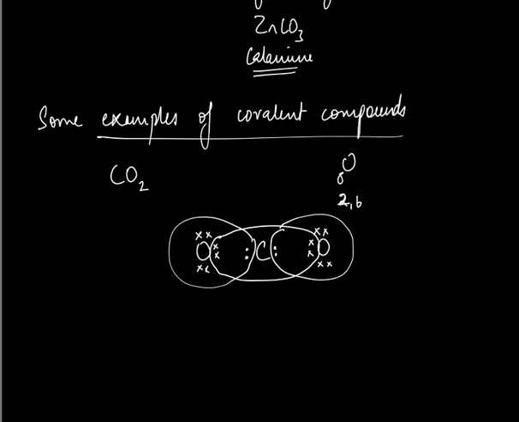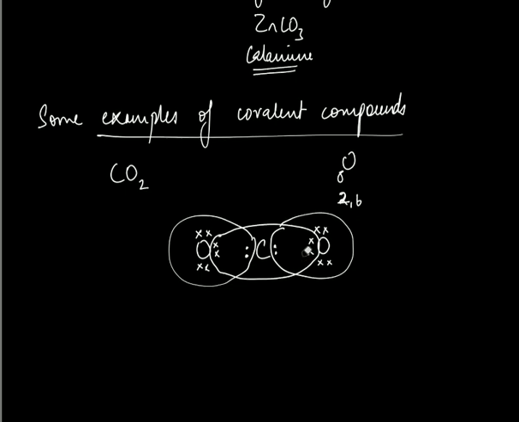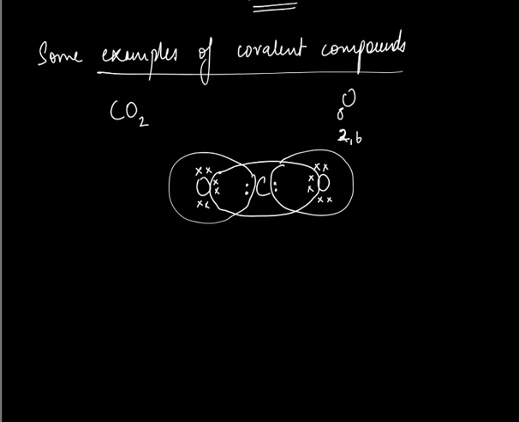We'll be discussing the drawbacks of octet theory later, not in this video, in a separate video. So if you see over here, oxygen is already having 6 valence electrons, 2 electrons it's going to share, so octet of this oxygen is done. Similarly, for this oxygen it is also done if you count 8 valence electrons, and this carbon is sharing 2 electrons each from this oxygen. So we have a double covalent bond